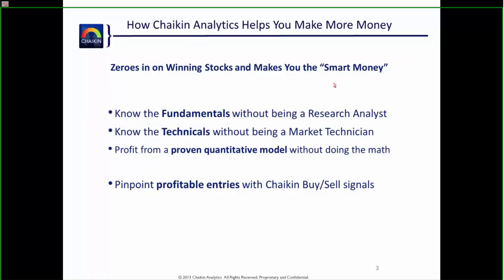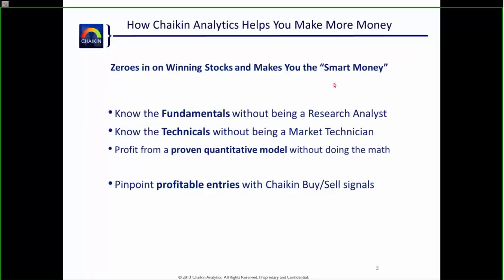So with that, let's see how Chaikin Analytics can help you make more money in the stock market. Chaikin Analytics does this by helping you zero in on winning stocks, and it makes you the smart money. Remember that phrase, because we're going to end the webinar with a very specific example of how you can become